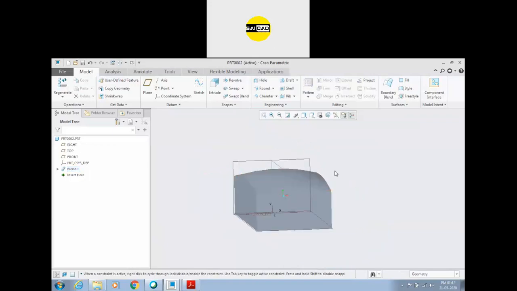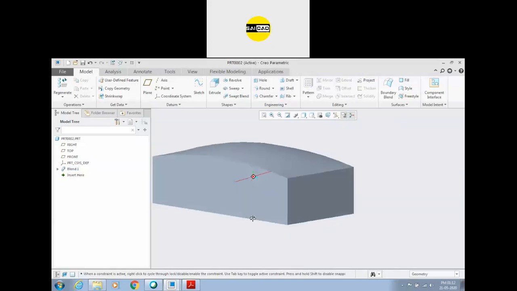Sir, if we draw an arc on the middle of that figure, then the sweep command is also not working. Which command? Sir, the way I have told you, if we do it that way, then the sweep command doesn't work. It's showing an error. Okay, please repeat your answer again. How will you create that? Please repeat that.